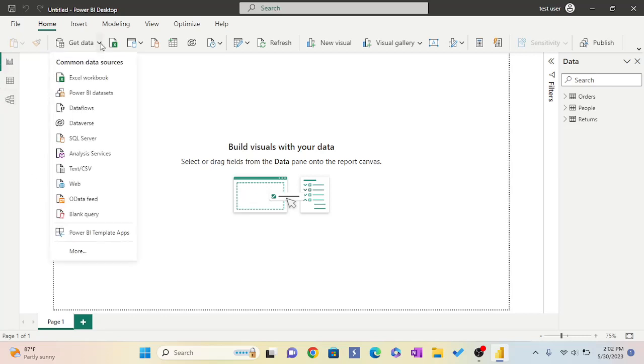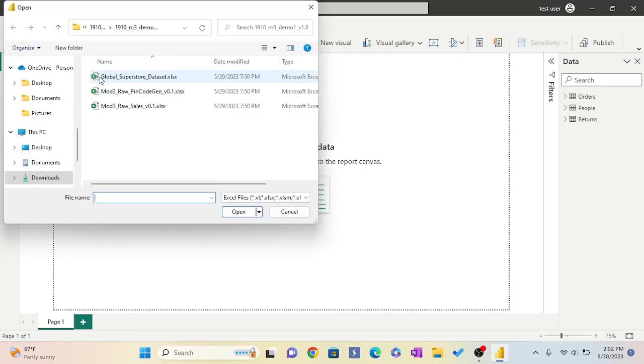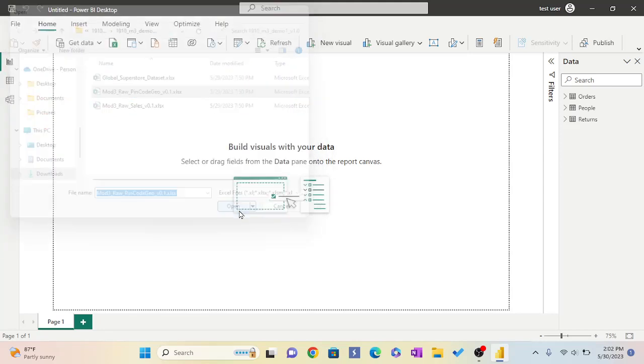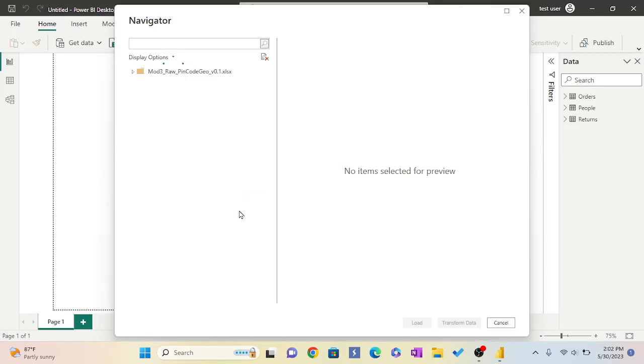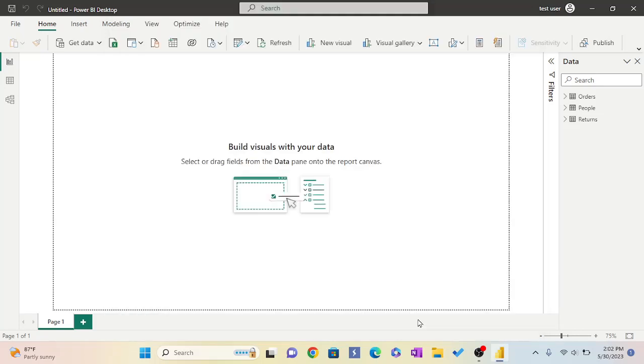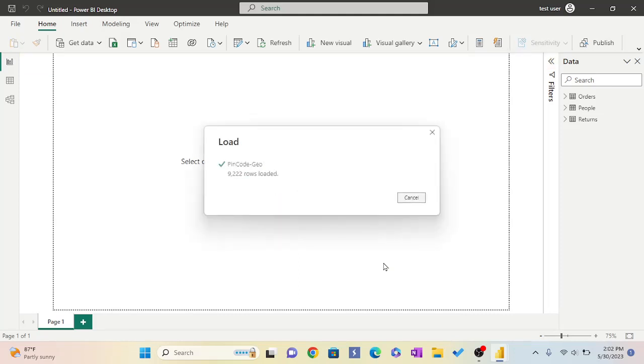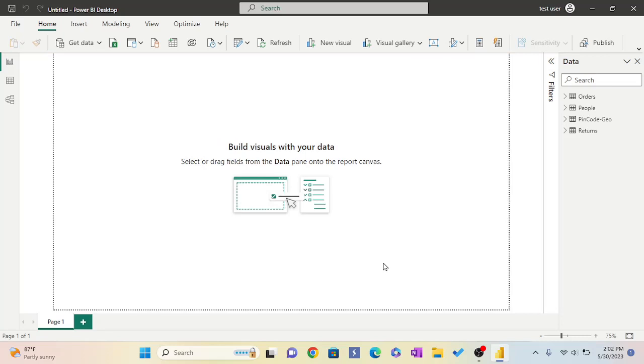So let me load the second. This will load fast, and then using DAX formula I'm going to create a column called net units as the difference between units and cancelled units. So this is how I'm going to work today,